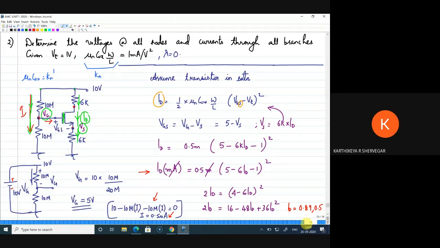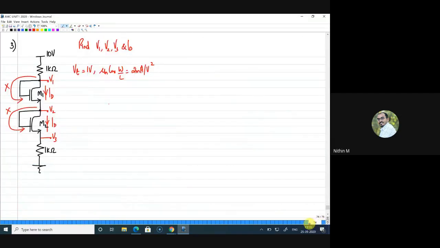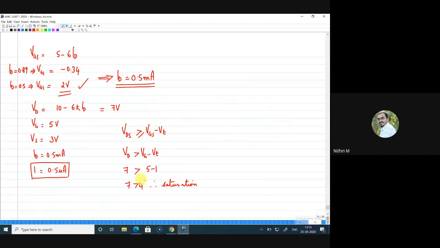Okay, sir, got it. Yeah, because I started with an assumption, and finally I am proving that my assumption is true. Now, if I check this and I got the answer here, something like 3, your VDS is 3, and if 3 is greater than 4, this will fail. That means my initial assumption is wrong. The MOSFET will go into linear region. In that case, I have to recalculate using the linear region current equation.